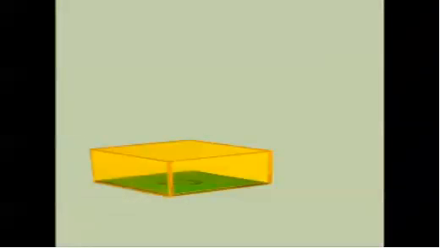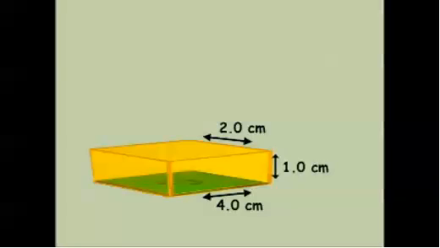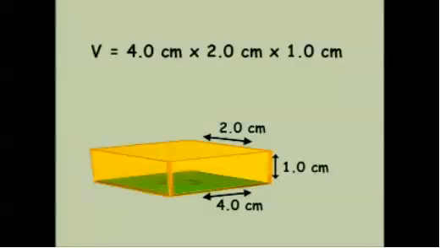Okay, now find the volume of this rectangular solid. It has a length of 4.0 centimeters, width of 2.0 centimeters, and height of 1.0 centimeters. To find the volume of this solid, you multiply 4.0 centimeters times 2.0 centimeters times 1.0 centimeters to get 8.0